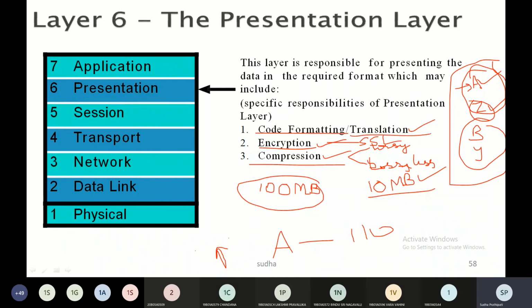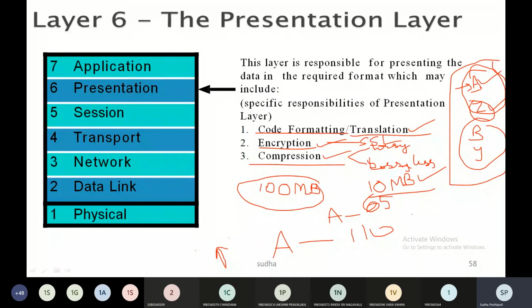Translation is translating based on the encoding formats. The encoding formats are ASCII formats, so those are fixed. Everybody knows the encoding formats. So in ASCII, what is capital A? Capital A's code in ASCII is what? 97. Capital A is 97. It is 65. Capital A is 65. So this coding scheme everybody knows. But I am telling you that I am representing capital A with Z, and only you and I know.